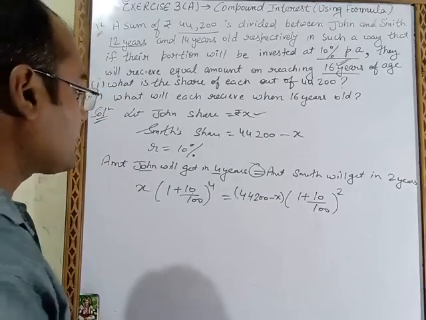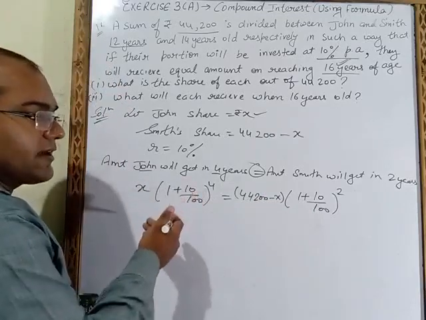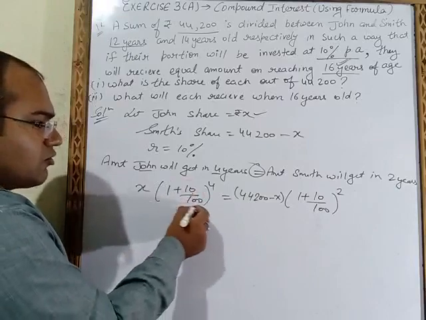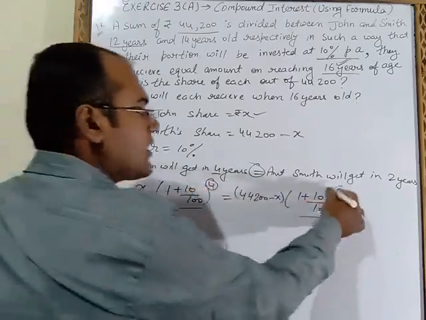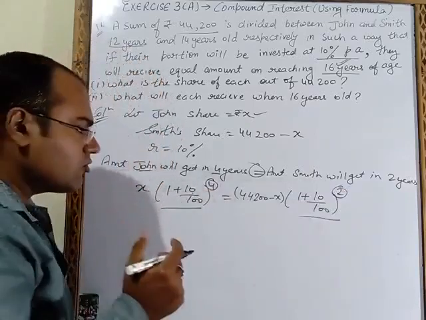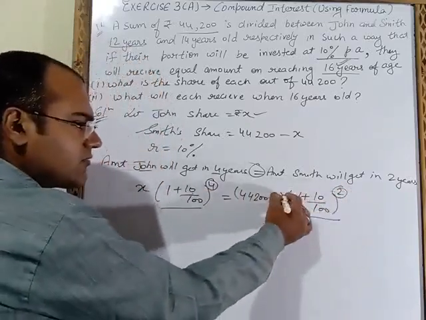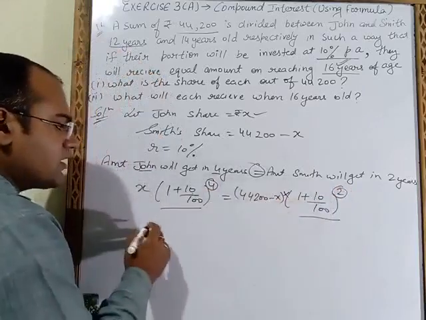What we have to do? First of all we will solve this bracket. Here you will observe that both the brackets are looking the same. Only difference is of power. Here power is 4 and here power is 2. So what you have to do? This smaller power number which is in multiplication, here we will bring in the divide.